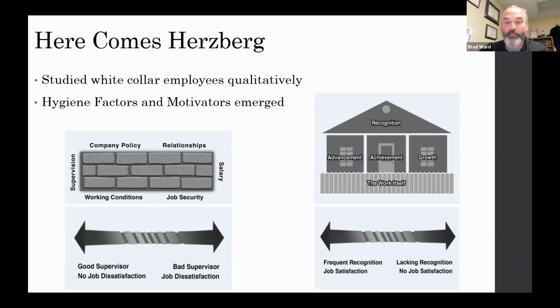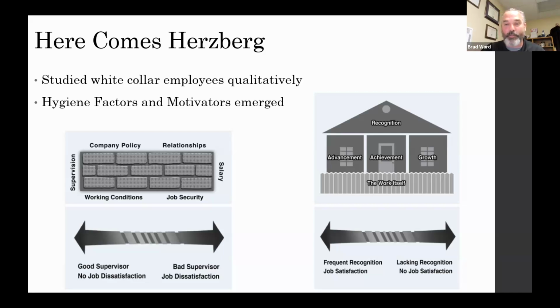The work itself too. This is where personality fit comes in. For example, I couldn't stand being a quality engineer. I thought it was a great job for someone else. I always felt like I was not a fraud, but I don't mind engineering, but I felt like professor was more of a calling. And so the work itself could kind of tie into Maslow's actualizing, if you will. This usually pops up as number one or two as well.